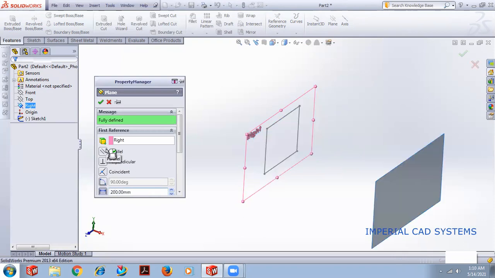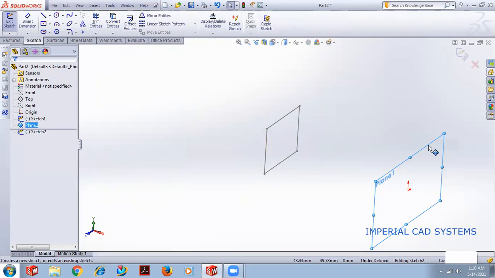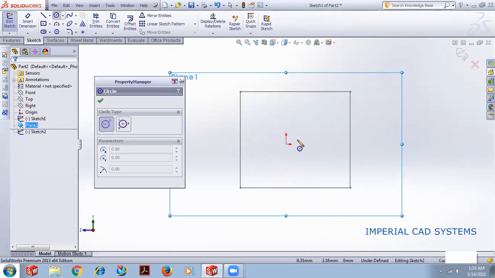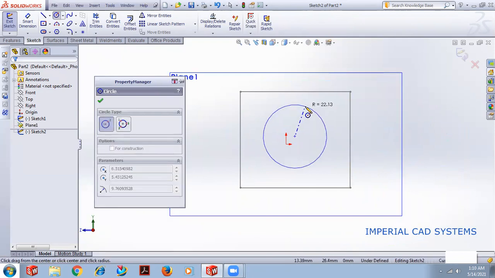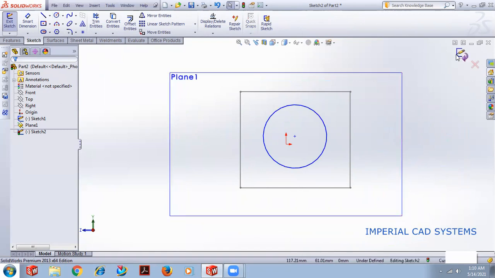At the distance of 200 mm, I took another plane. I select this plane and go to sketch now. On this plane, I create a circle. Exit.